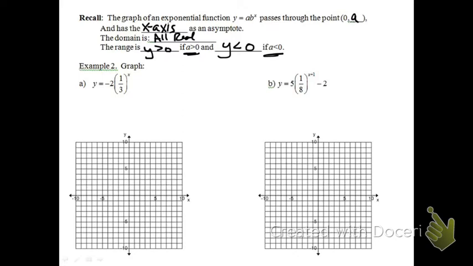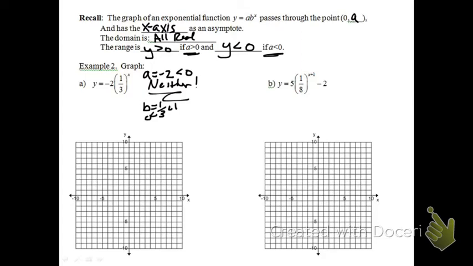By the way, if you look at a, let's just think about if this is growth, decay, or neither. Our a value is -2. Hopefully you recall this: if your a value is negative, if it's less than 0, this is actually neither growth nor decay. And because our base is 1/3, which is between 0 and 1,